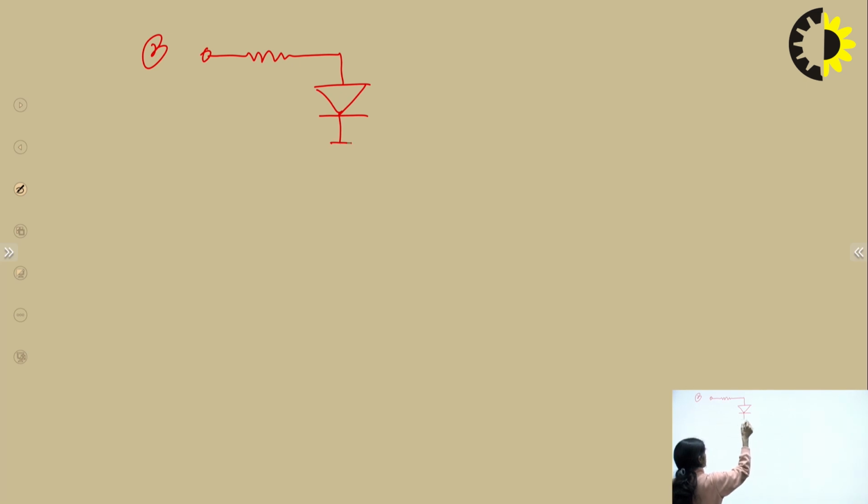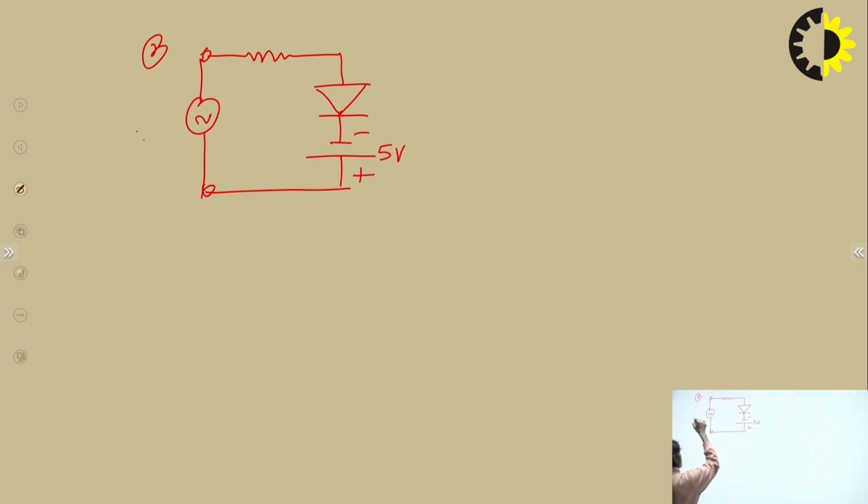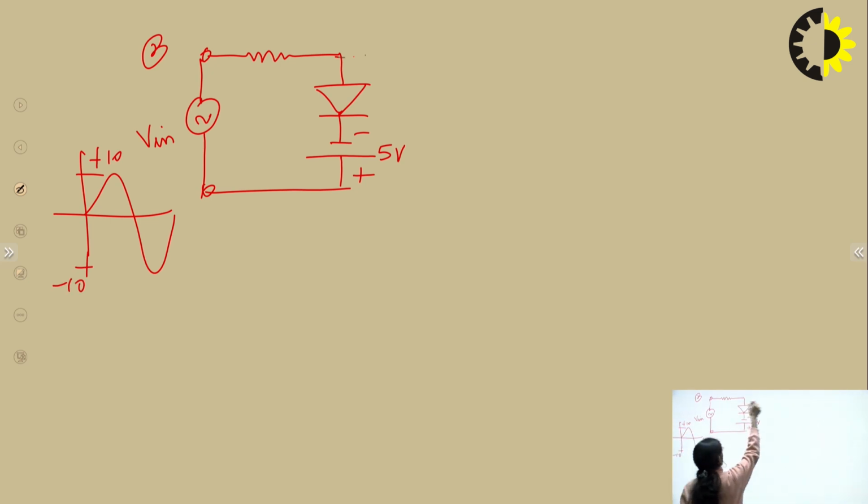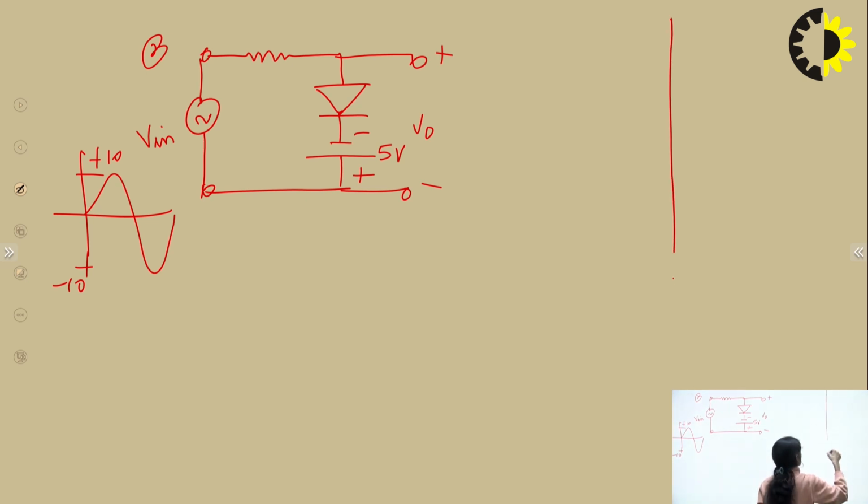Now the second arrangement we will see here, we have different configurations. So we will have the second arrangement, diode with same direction but battery will be reversed here, minus plus. Let's say again this is 5 volt and this is the input voltage. We have this input voltage again at plus 10 or minus 10 and we will take the output across this V out. So again if we start solving this circuit, before that we are going to first plot the input waveform. So this is at plus 10, this is at minus 10.